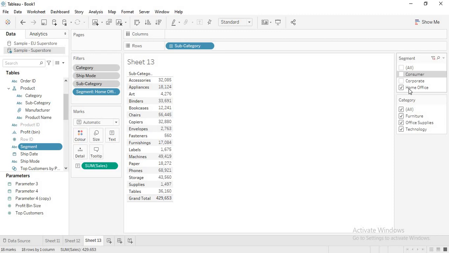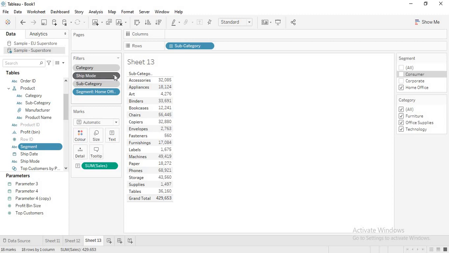The output of these filters, with category all, ship mode all, subcategory all, segment home office, along with the dimension and measure filters, a query is generated and it will hit the database. So it is hard for me to say which acts first among context filters.